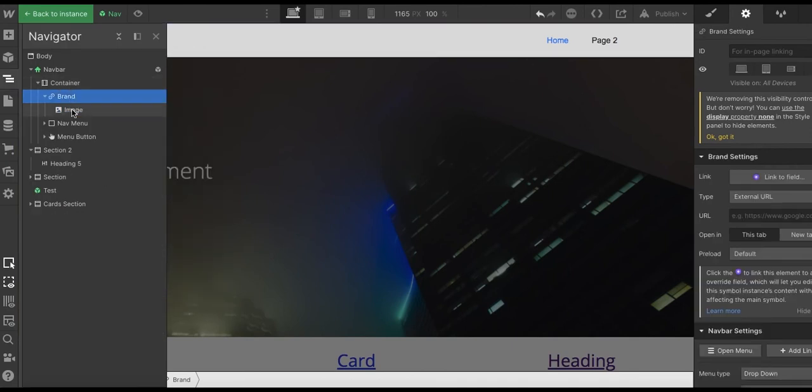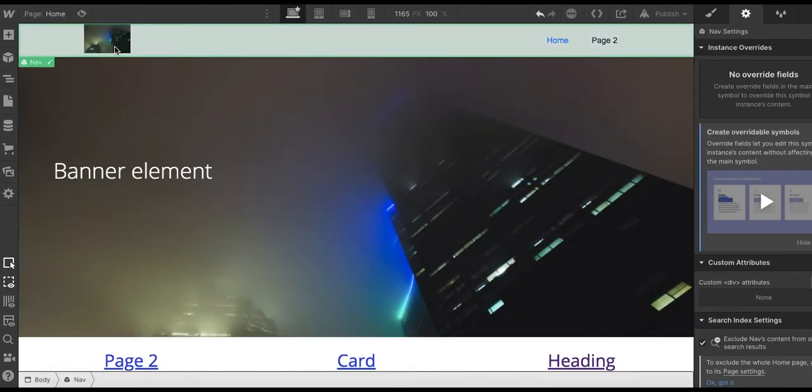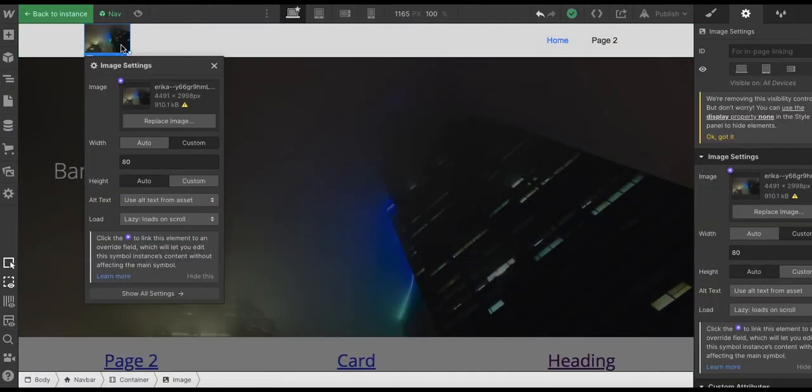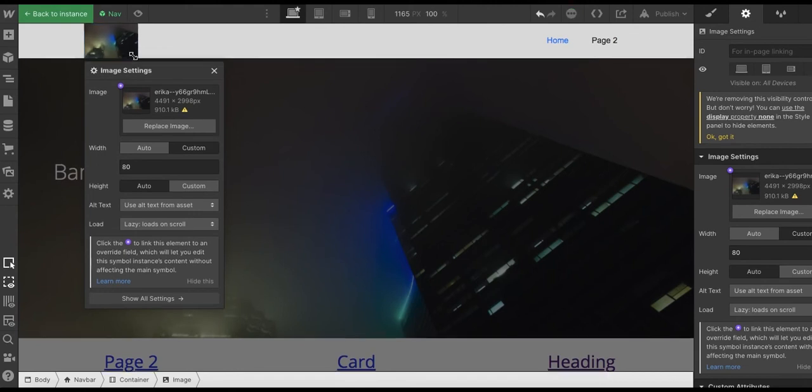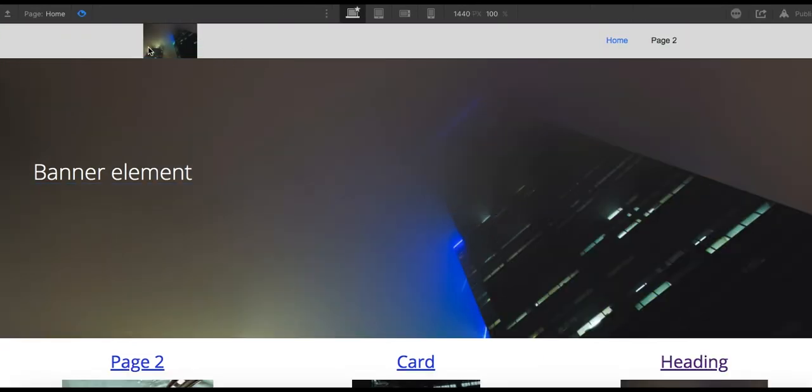I'm going to move the image element to the top and get rid of the brand link. I'm not going to be using it in here since I've got the home button on the navigation bar. I'm just going to fit the image to the menu bar, and now let's preview the website. By looking at the preview, we can notice that there's a spacing in both the left and right sides of the navigation bar. This comes as a result of this element having already some margin values predefined into it. To be honest, it's a bit too much for this website, so I'm going to be editing out these margin